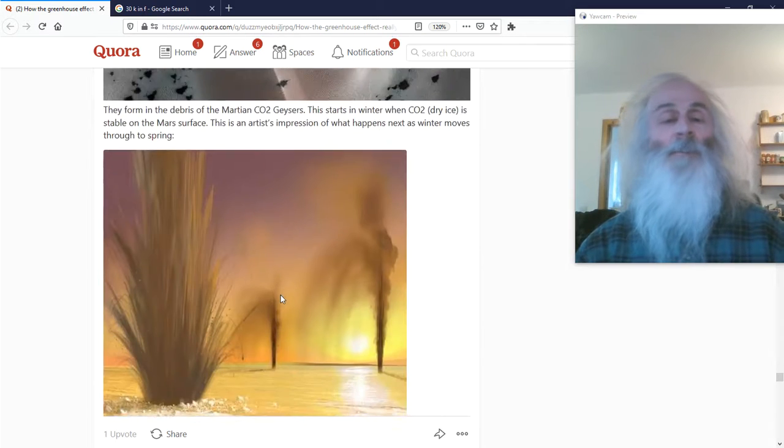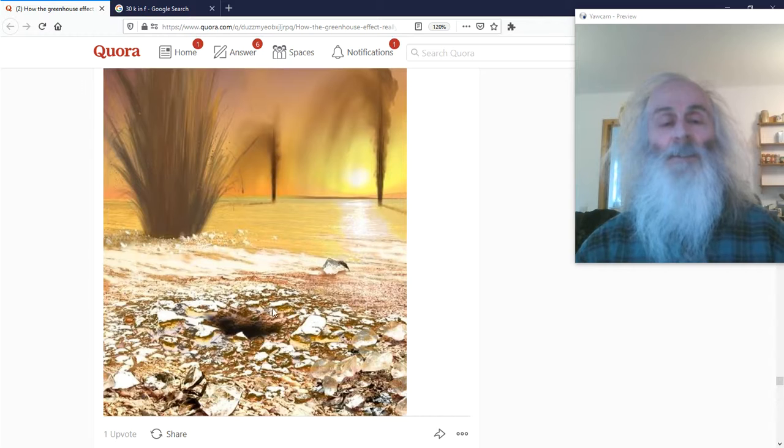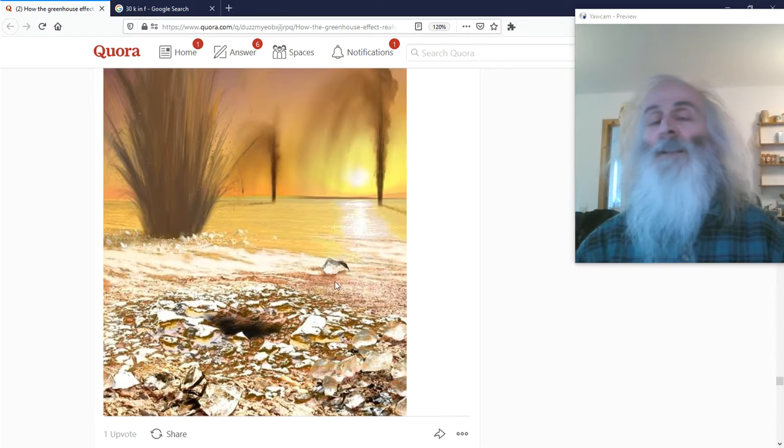So, what happens on Mars? You get these geysers, which are a carbon dioxide effect. I think it's supposed to be frozen carbon dioxide blowing out and landing on the surface. Frozen carbon dioxide on Mars, just as it does here, turns directly into a gas, quite explosively. And the gas goes, instead of flying up,